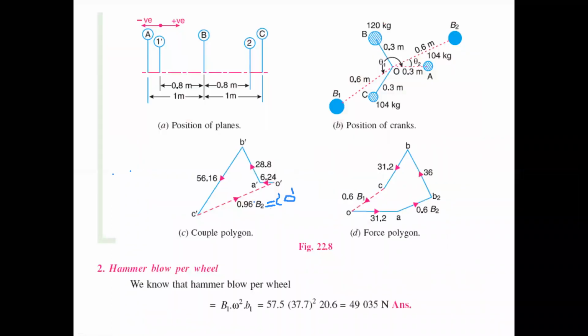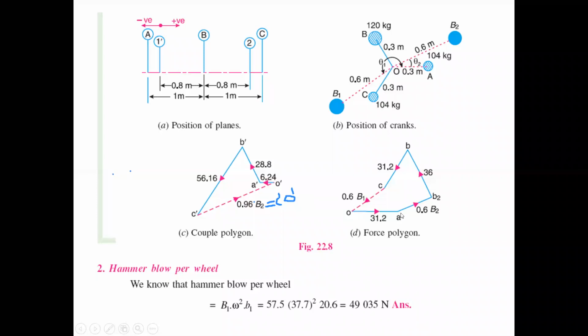Now in a similar way, we will draw our force polygon. Before starting, we will set up the scale. That is 10 newtons equals 1 centimeter. Then start with O, just take one point, that is the start point O. Their direction, MA direction, is the horizontal direction. So that value is 31.2, that means nearly 3.1 centimeter.